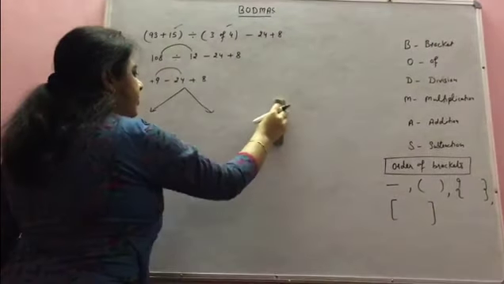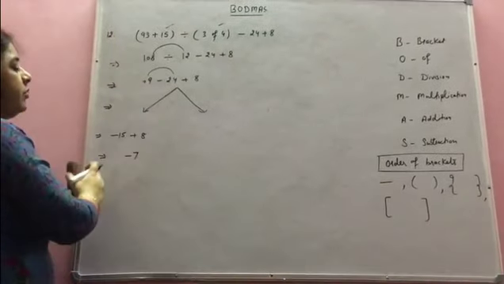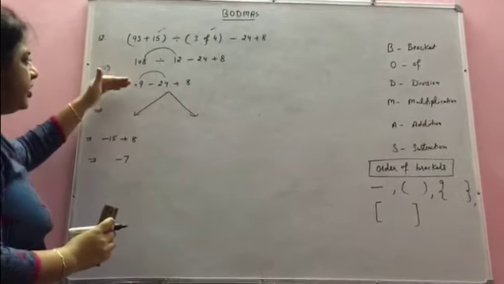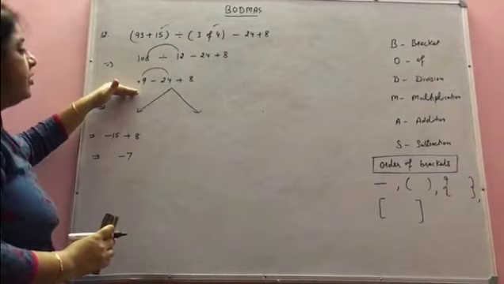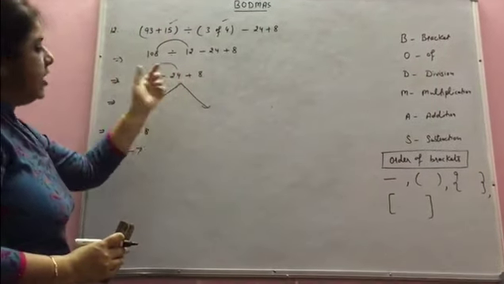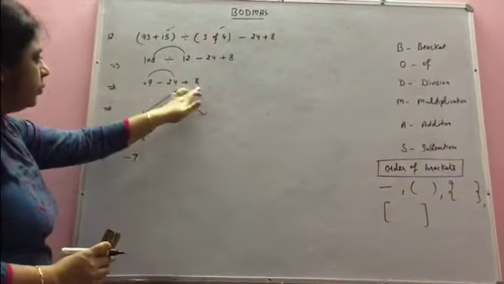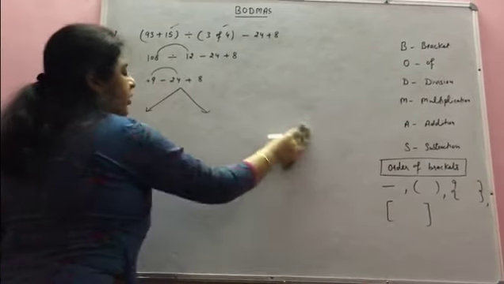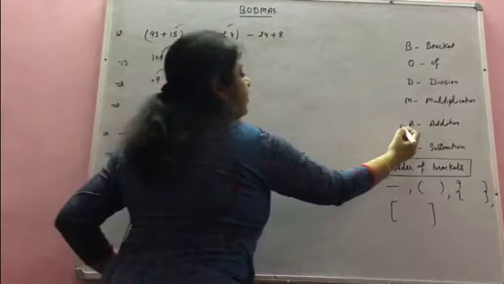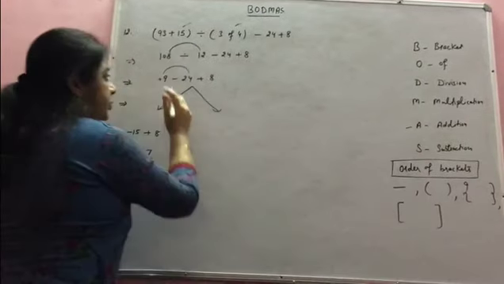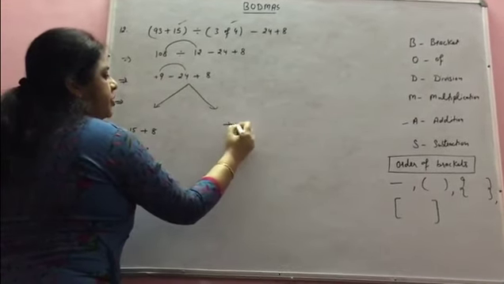This we have done because we have the rule that when only addition and subtraction is left, we move left to right. We solve these two first, get the answer, and that answer will be solved with the third. Now another way. Another way means addition will be solved first. This is very important, you have to learn. This is the expression.